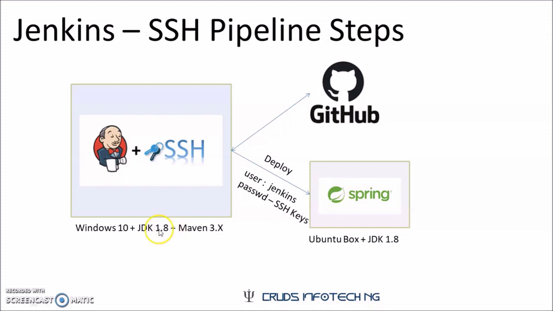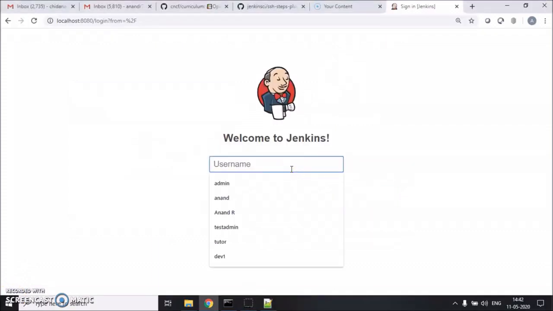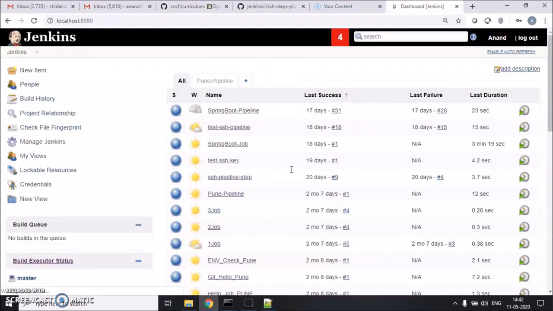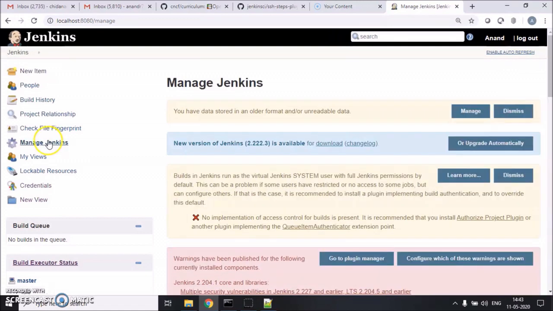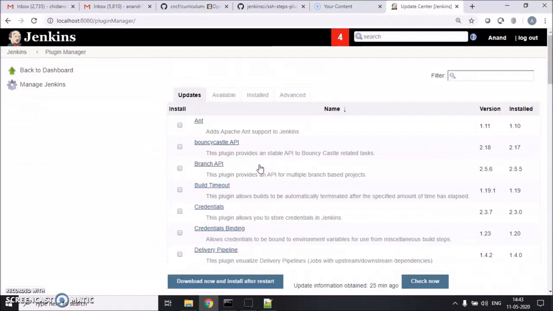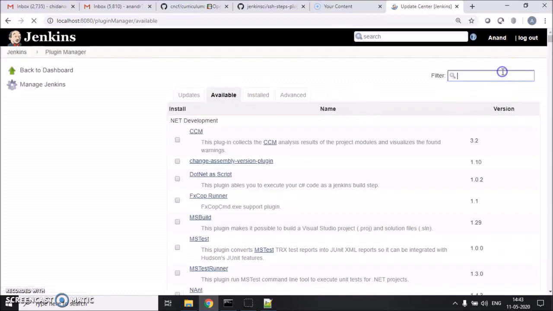All right, now let me get started with my lab. Let me bring up my Jenkins instance by starting the Windows services, and let me log into my box. Okay, now what I'll do is let me first try to install a very simple plugin and check if the connectivity between my Linux box and my Jenkins server goes on pretty fine. So let me go to Manage Jenkins and Manage Plugins. I'm on Jenkins 2. Some version, about 2. So let me go to Available